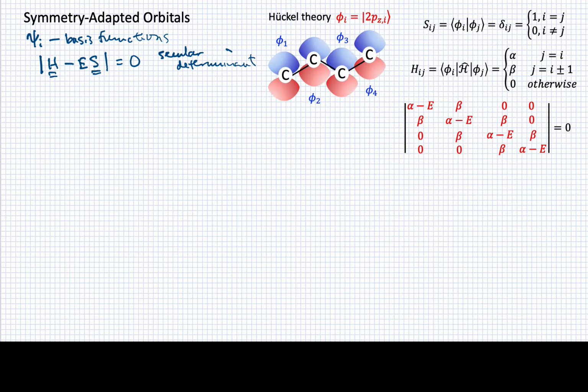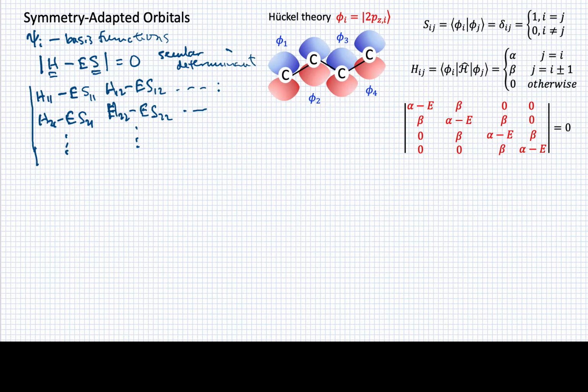All right, so this is the general problem, and in general it would produce a determinant that has these kinds of elements: H22 minus ES22, H12 minus ES12, H21 minus ES21, and so forth. Basically every element in this large determinant would have some number in it, and we would set that equal to 0. So this could be a massive problem, depending upon the size of the basis that we're using,